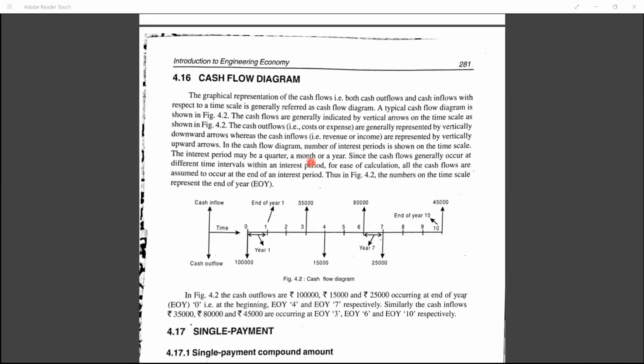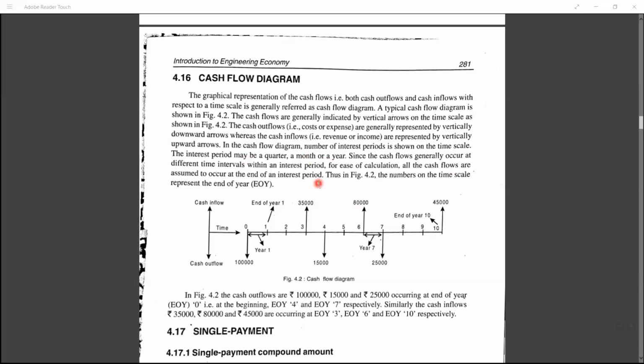So these cash flow diagrams are generally for intervals of time. It can be taken for 1 year, 2 years, 3 years, or 5 years, or maximum 10 years. It varies based upon the interest value. So for simple interest, the cash flow diagram will be different. For compound interest, the cash flow diagram will be different. So for every term of years, there will be a difference in the amount of cash flow. This is not of much importance from the examination point of view, but it may or may not be, since we already have graphical representation based upon pie charts. So just have a glance at it, whatever the interest value you are getting.